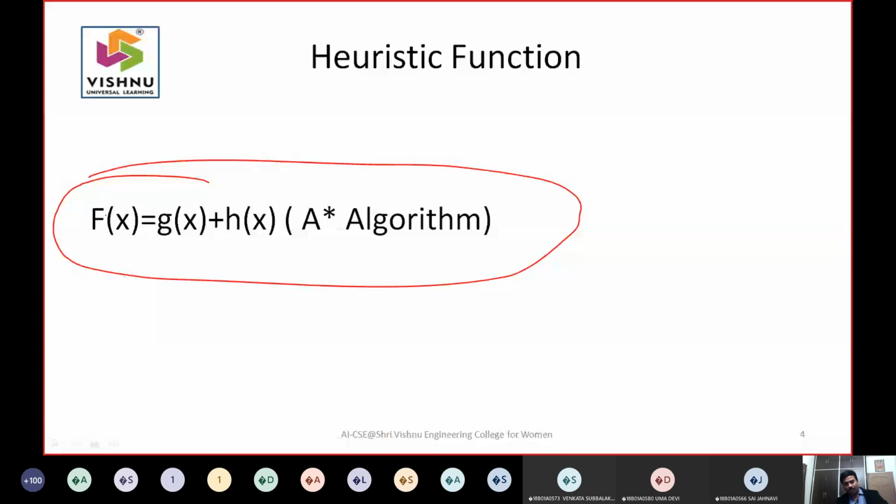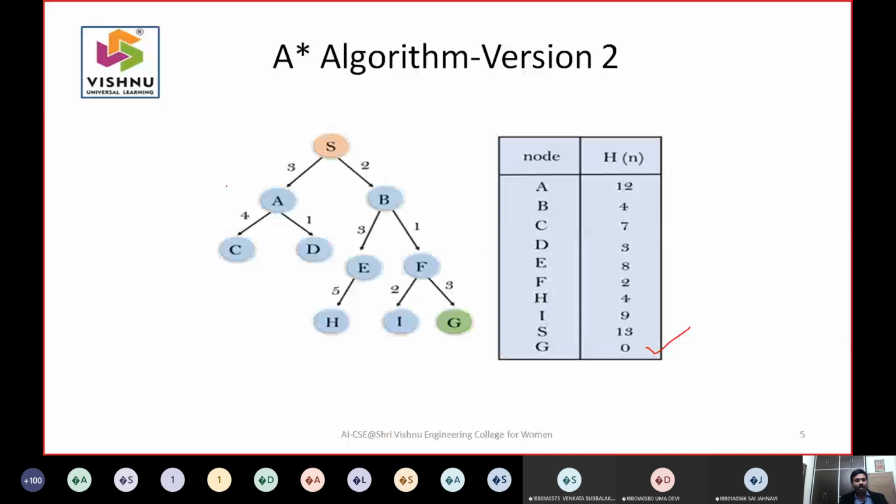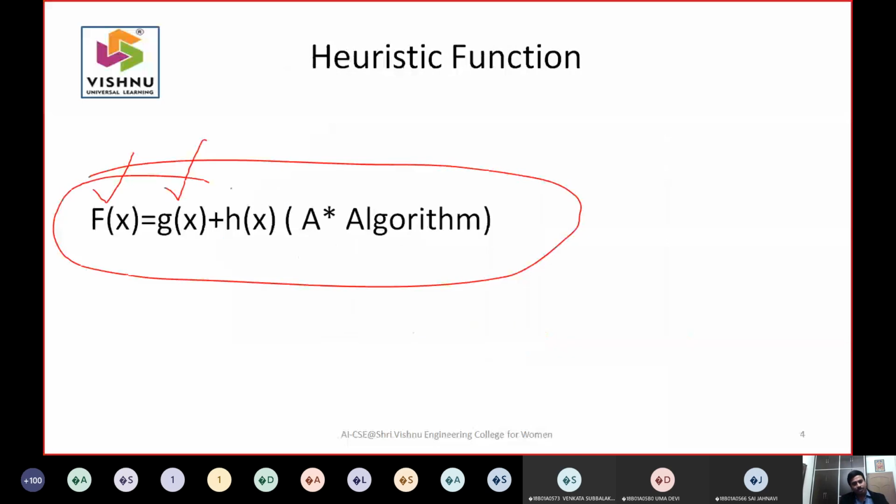Many textbooks, even the textbook that was prescribed for you, particularly Suraj Arvind, say f of x is the final heuristic function, and g of x is the distance between your starting state and the current state. h of x is the estimated path. Sometimes there is no estimation because it was already given, but this h of x is the distance between the current state and the goal state. When you have this combination, they say the heuristic function has more impact. That is the reason they say A star algorithm is better than best first search, and these two are better than BFS and DFS, because they are augmented with heuristic.